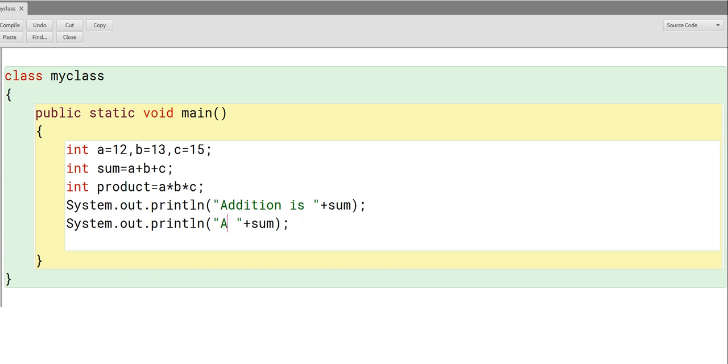Here we are going to print another message, "Product is", and then use the variable where your product value has been saved.